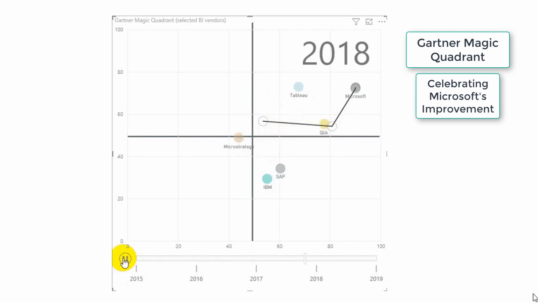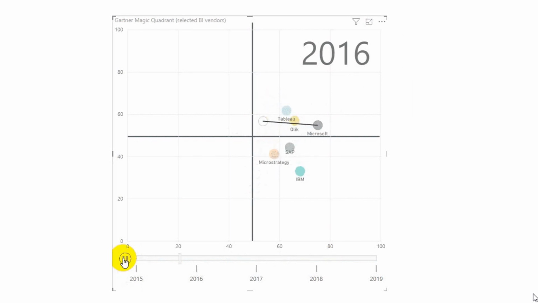Today I'm going to show you how I produced this animated GIF file for the Gartner Magic Quadrant. I did this to celebrate the great improvement that Microsoft is making over Tableau over the last 5 years or so. What I did to produce this was, first of all, I needed to get an image of each of